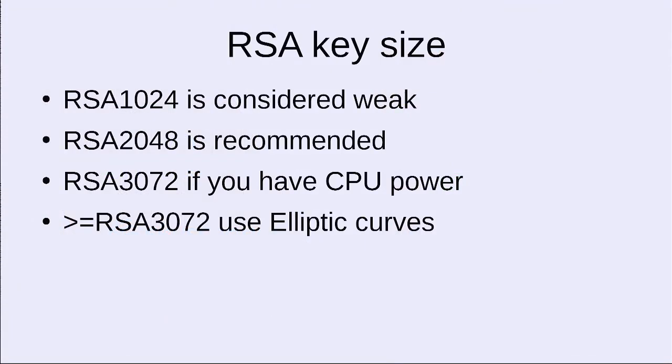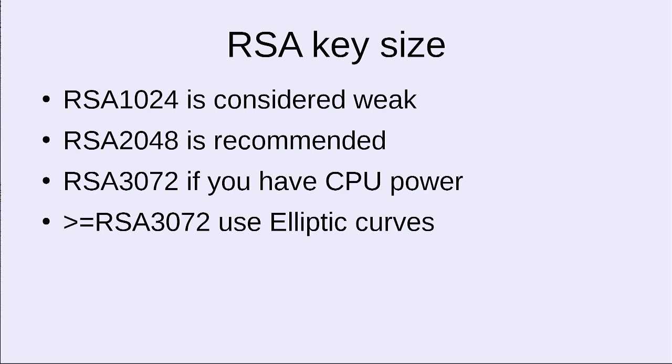About RSA. RSA has a couple of versions, and this number represents the number of bits of your private key: 1,000, 2,000, 3,000, etc. Anything below 2048 is considered weak, so 2048 is the recommended size. If you require more security, I mean if you have to go to 3072 or more, it's better to use elliptic